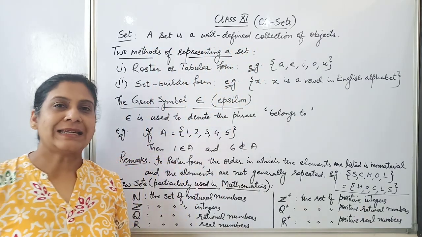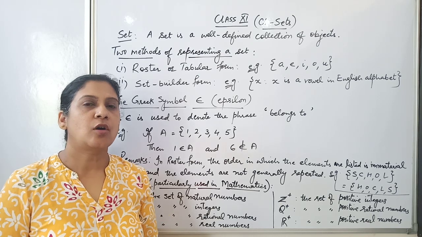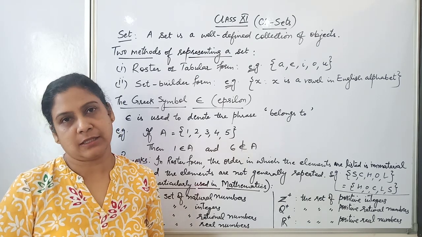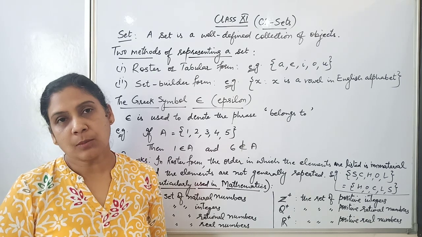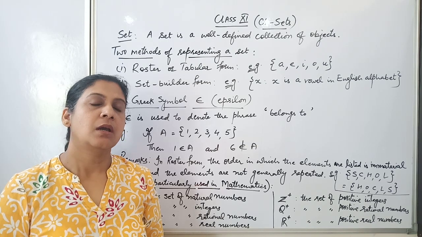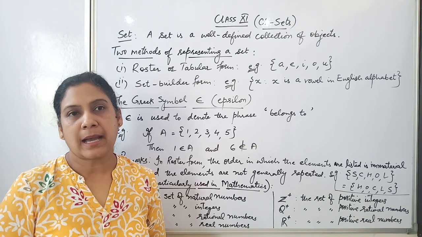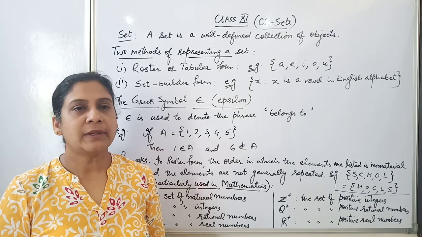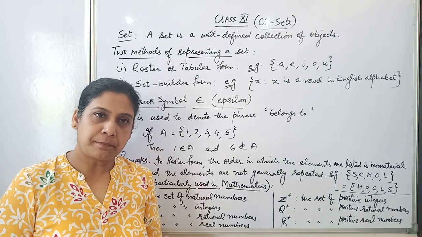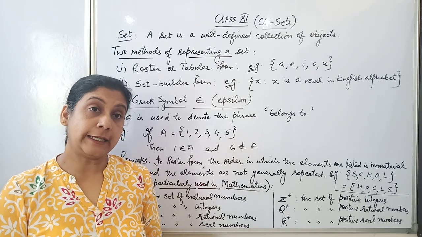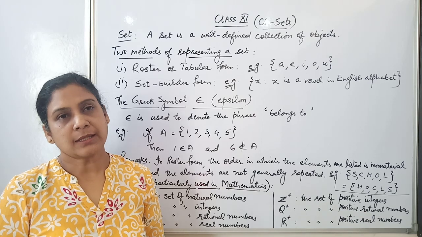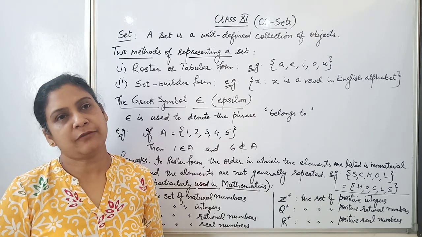When you just collect objects in a bag or in a box, that collection is known as a set. For example, a small child is playing with toys and the mother asks him to collect all the toys back in a box. When he collects back all the toys, that is a collection of toys, so the box in which he has collected all the toys is a set of toys. That is a simple layman's idea of how we can define a set.